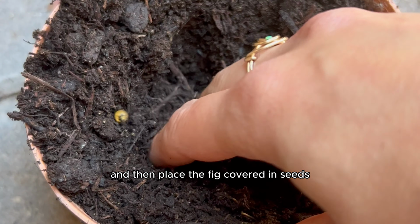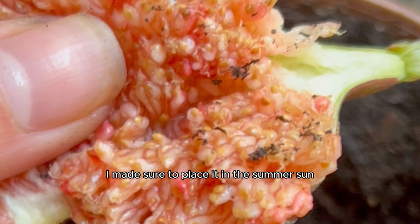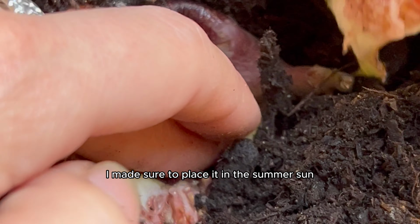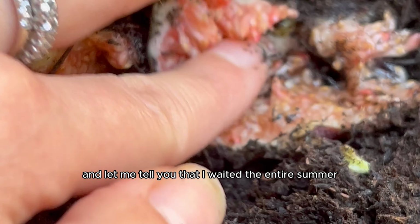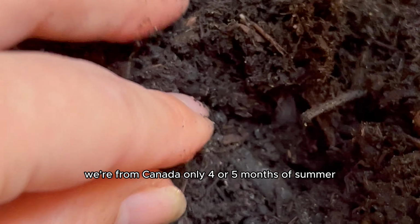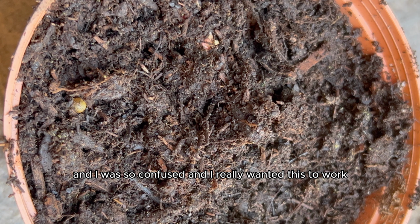Because I took that fig, opened it up to reveal the juicy inner flesh, of course devoured some of it, and then placed the fig covered in seeds right in some soil. I made sure to place it in the summer sun, and let me tell you that I waited the entire summer. We're from Canada, only 4 or 5 months of summer, but whatever I did here clearly did not work for some reason, because nothing ever grew,